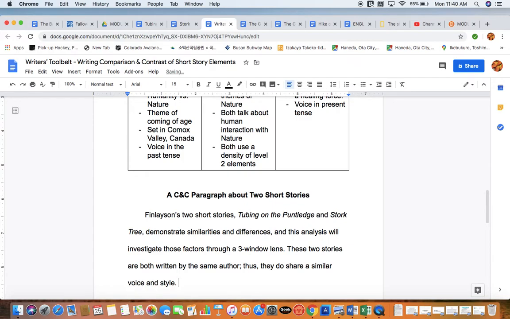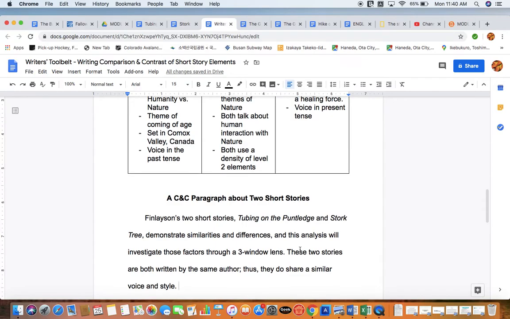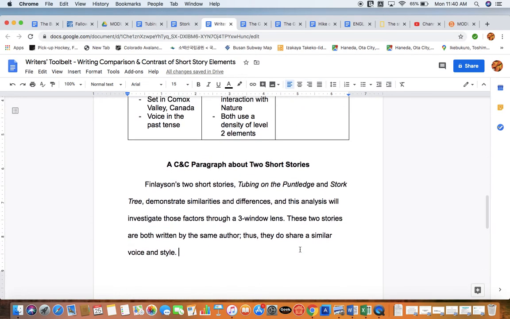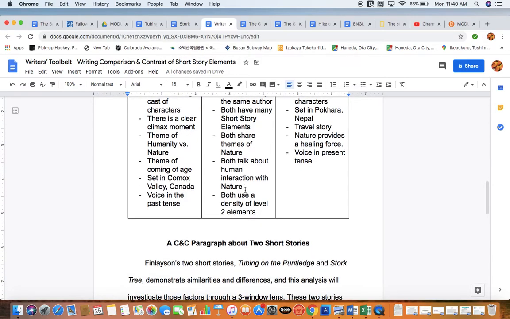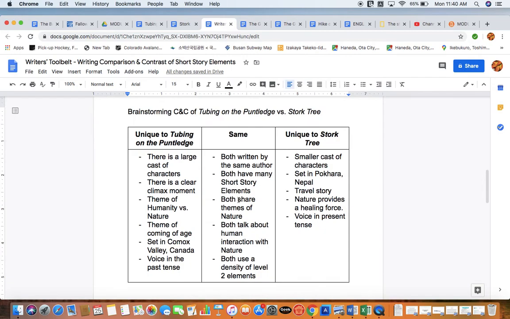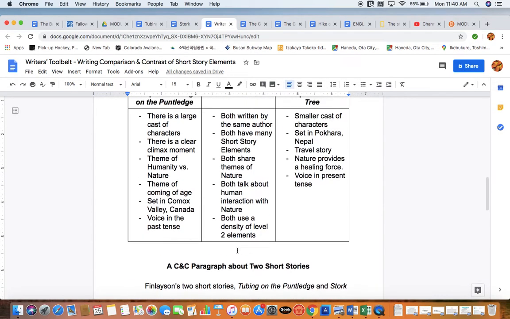And it's a good idea when you're doing comparison and contrast like this to do first your similarities and then your differences, or first your differences and then your similarities. If you're mixing the two together, it can get a little bit confusing for the readers. So try to do similarities first and then differences second. So I'm just rereading some of the points I've got in my similarity column here. Okay, so we can say,